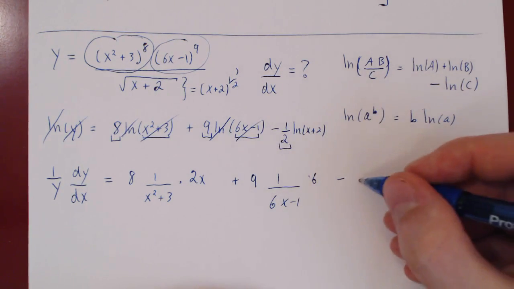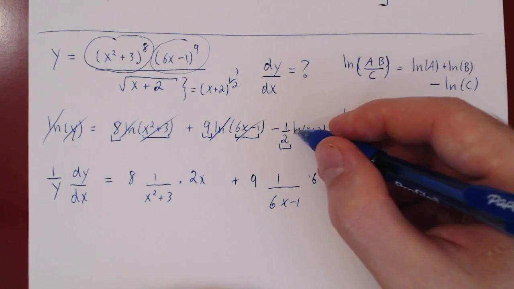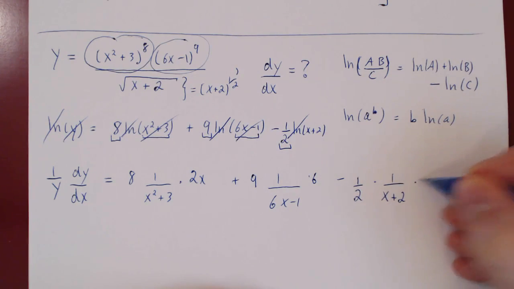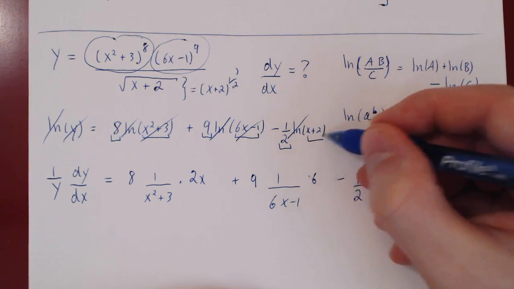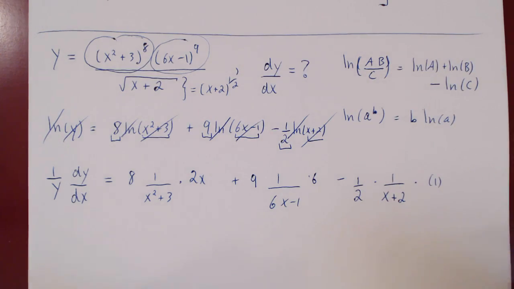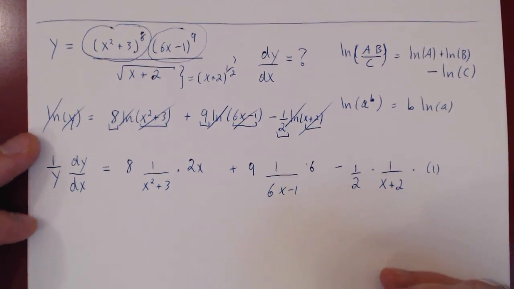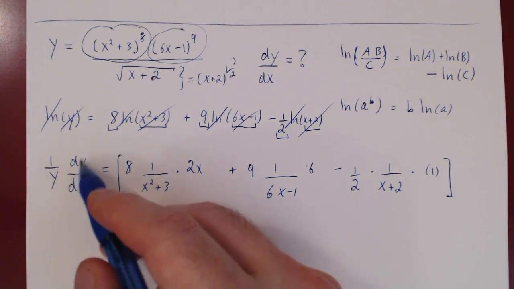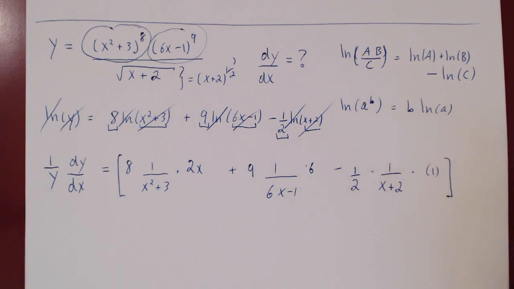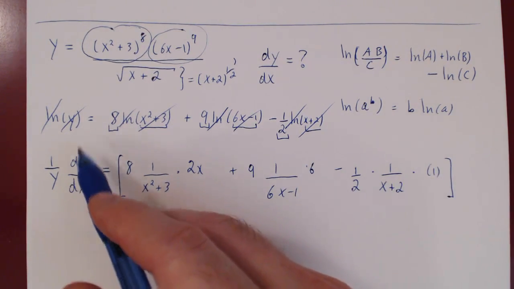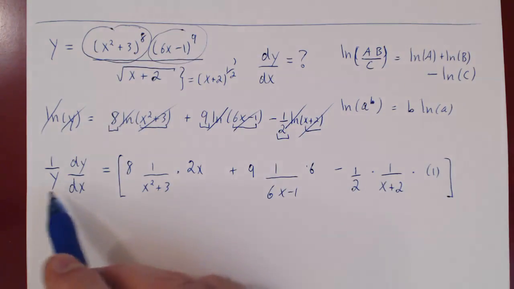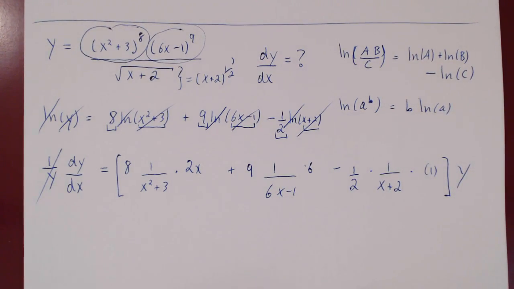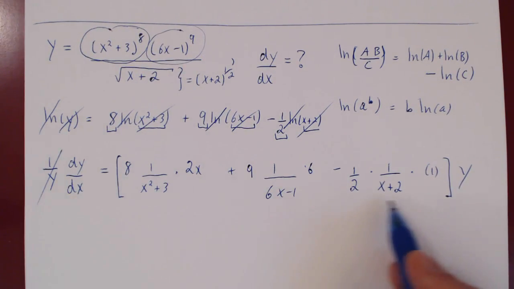Minus 1/2 is a constant multiple, it just stays there, times the derivative of ln, which is 1 over the argument, x plus 2, times, by the chain rule, the derivative of x plus 2, but that's just equal to 1. And we're done differentiating. So, as before, on the left we have 1 over y dy over dx equals this. If you want to solve for dy over dx, therefore the derivative of this function, multiply both sides by y, so y over y is 1, y here,